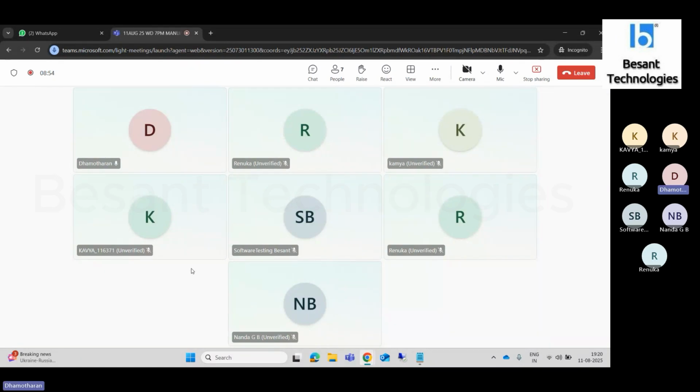So Kavya, you have 2 years experience, right? But one thing, Kavya, here we are going to take manual testing classes only. If you already have experience, you can still learn a few things because you have knowledge of the things you followed in your company. Over here, we will take generic manual testing, so you can learn some additional things also.